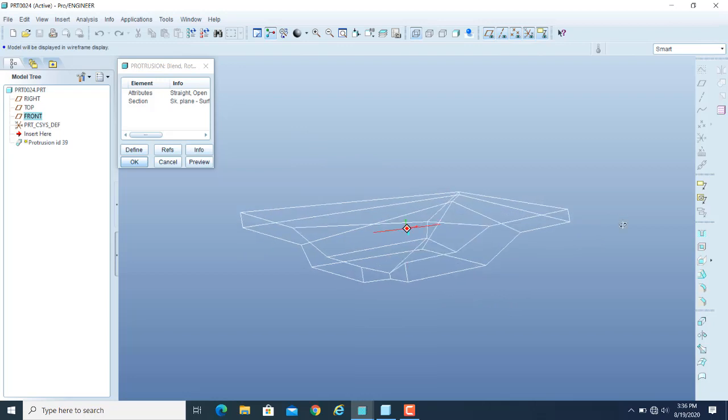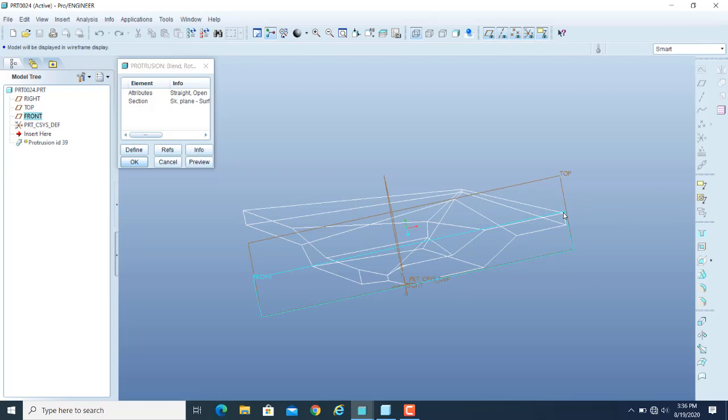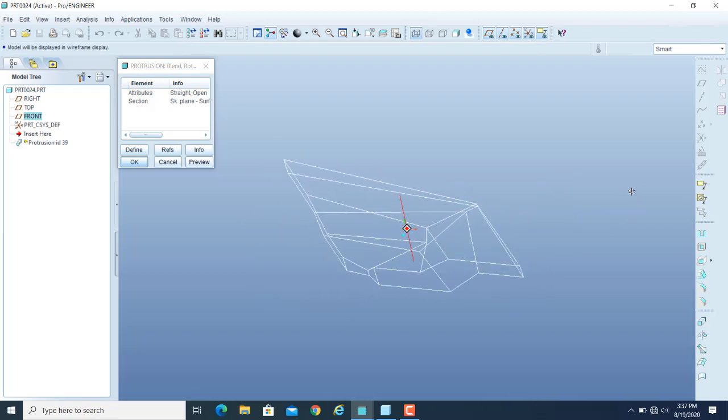Let me from this view. So this was my first section. ये जो आपको नजर आ रहा है, ठीक है ना? This is that second section, which is at 45 degree from this one, and the angle in between this second profile or second section and third section is 90 degree. So this is your result, and why